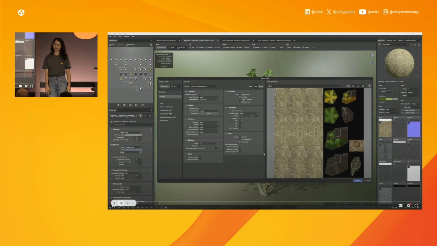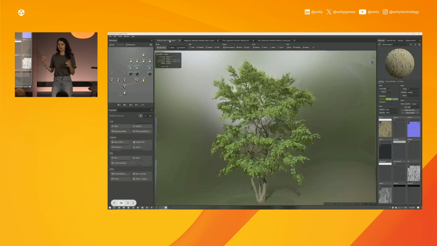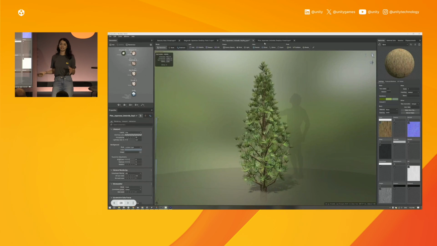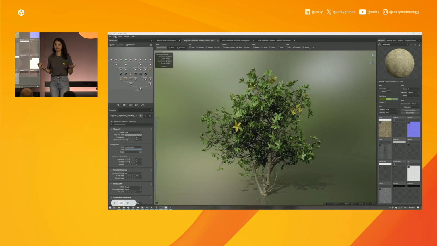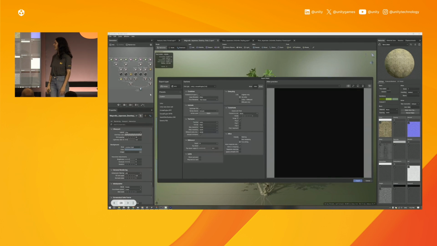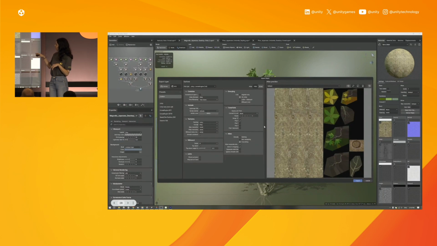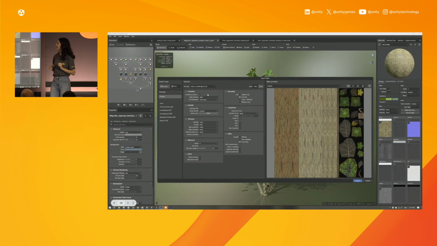Another thing that we can leverage is combined exporting. So this means that we can open up several models that we want to bring into our scene, and SpeedTree can combine all of them, all the textures, into one atlas. So when we do that, we'll watch it and I'll click the box at some point. But see, everything's combined into one atlas.